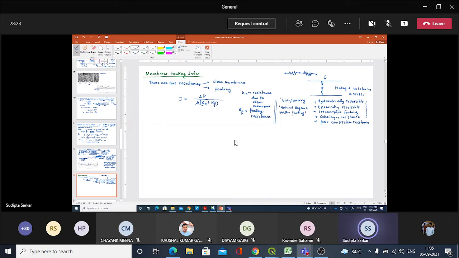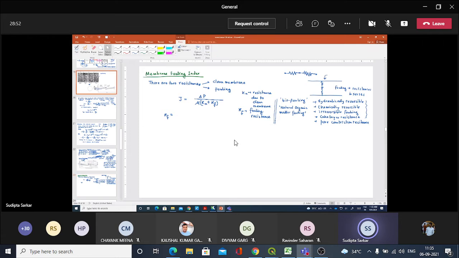Okay, so these are the two resistances, and all of them have units of per meter. Now Kf, also, as you can understand,